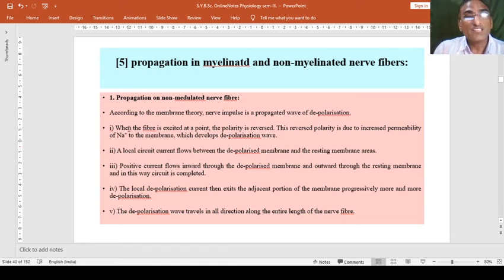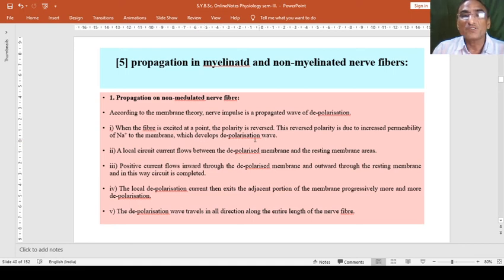First, when the fiber is excited at a point, meaning as soon as the stimulus reaches the nerve fiber, the polarity is reversed, meaning at one pole the stimulus is received, then the polarity is reversed to pass the message through the axon, and this reverse polarity is due to increased permeability of the membrane to sodium ions, and this develops